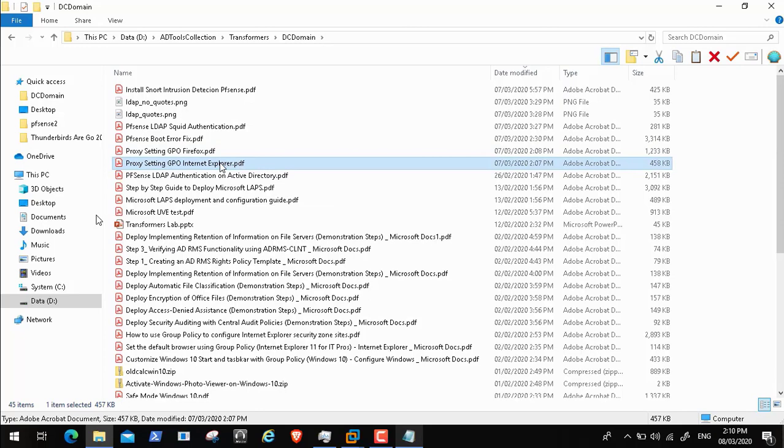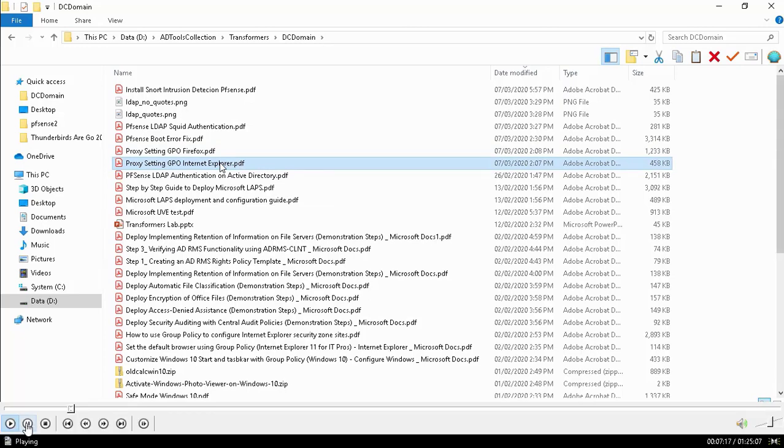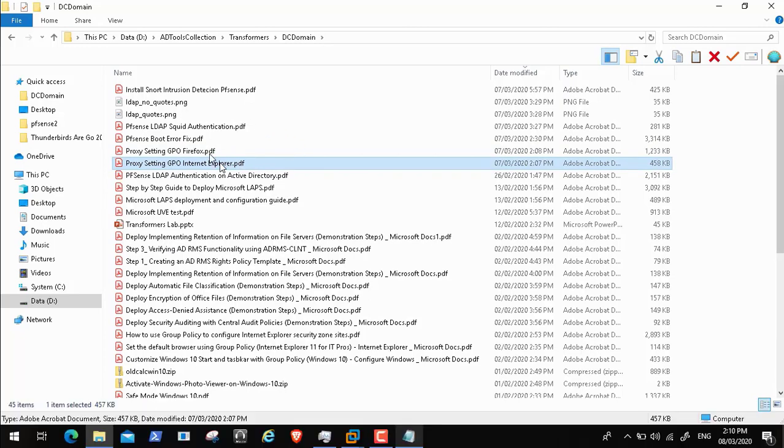Okay, here are two documents. I have also put the Google Drive link under the video description. This is the one for how to set the proxy setting for Internet Explorer, and this is for Firefox. If you want more, for example, there is one also for Google Chrome. You can Google it, but these are the main two, or we can discuss it on Internet Explorer, just to demonstrate how to